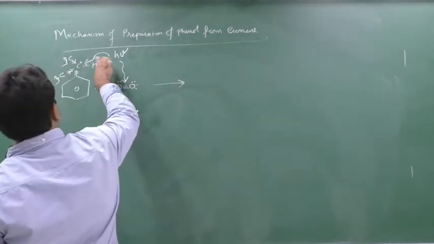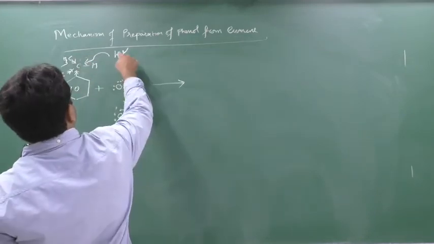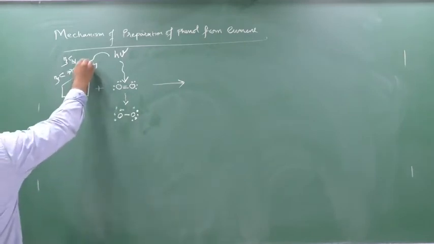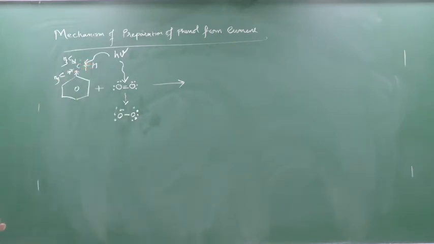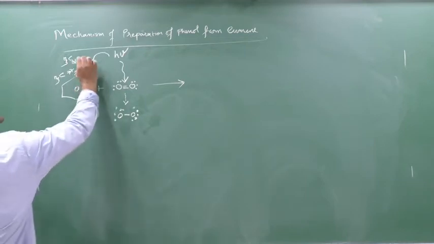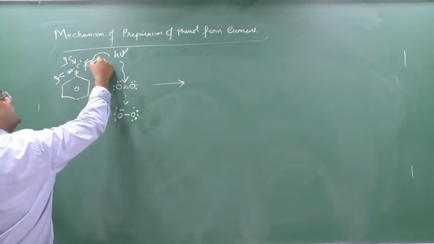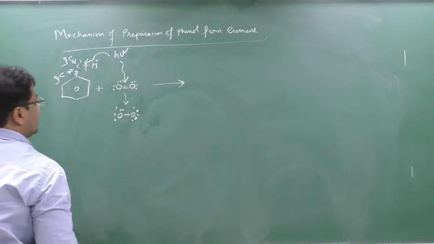Similarly, here also sunlight will fall. When sunlight falls on this CH, this bond also gets broken. So here also cleavage will take place, and when cleavage takes place, the bond will show 2 electrons. The bond will be broken and it will form 2 electrons. So due to the free radical mechanism, one electron will be on this carbon and one electron will be on this carbon. Now what will happen?